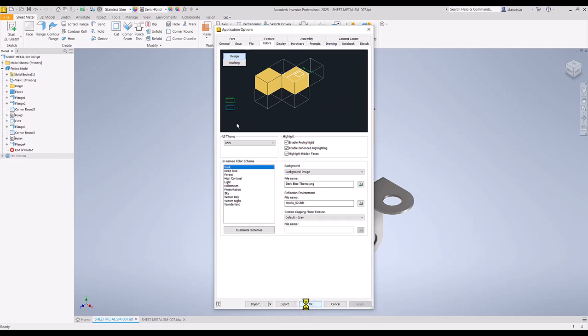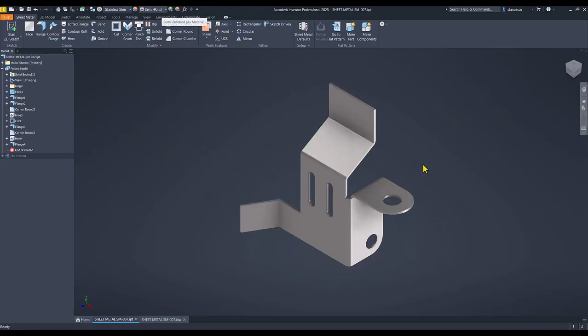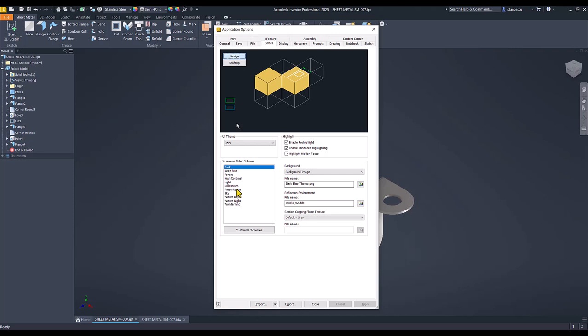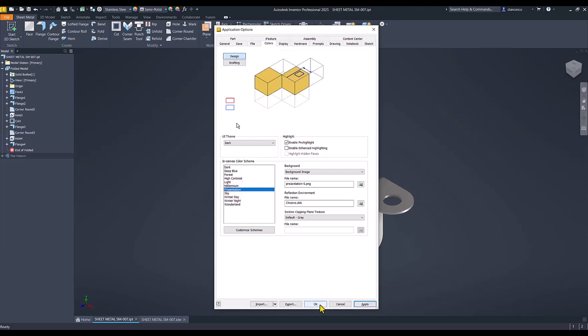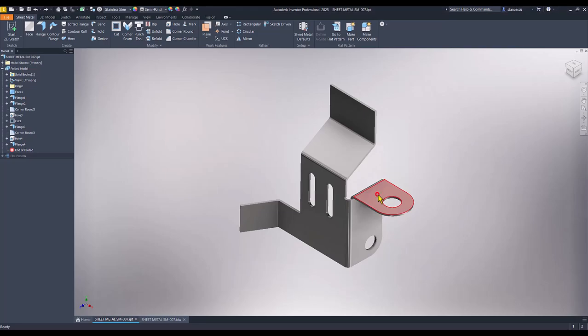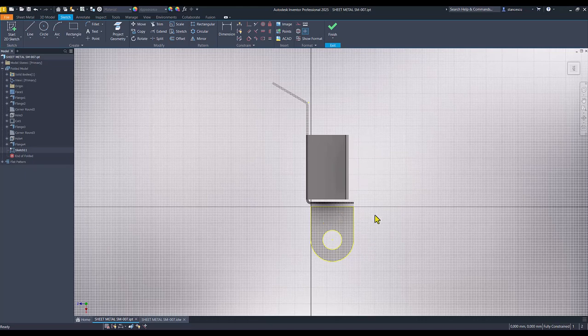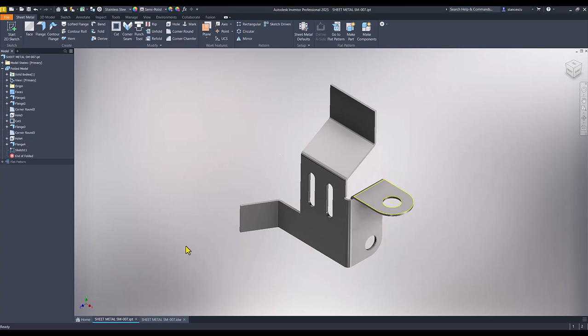Okay, the result is here. You can use Alt F for the options and to change only the graphics space using this. Now if you select a face for a new sketch, you have both grid and the projected sketch. We'll use Inventor 2025 from now on with these